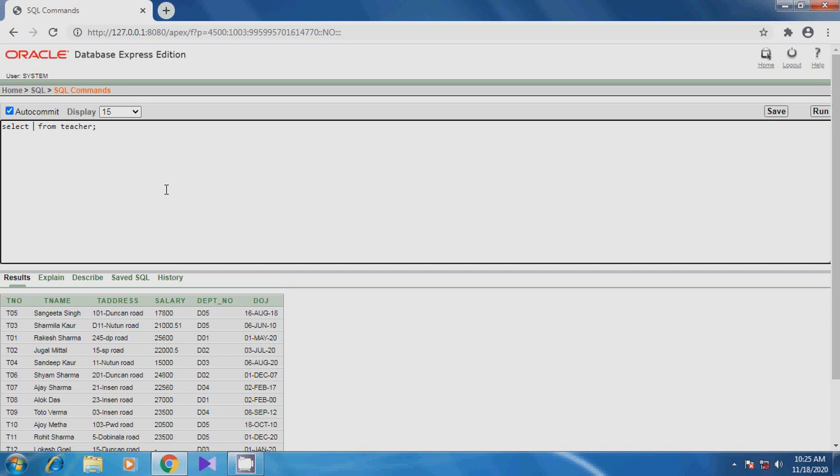We write select T number as, and then in double quotation marks, teacher underscore number,